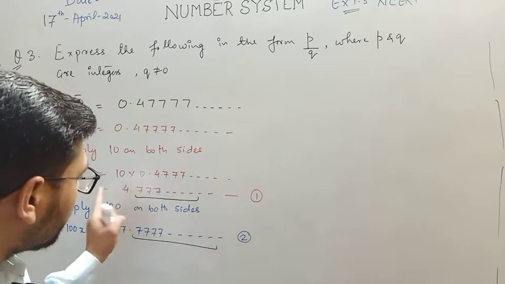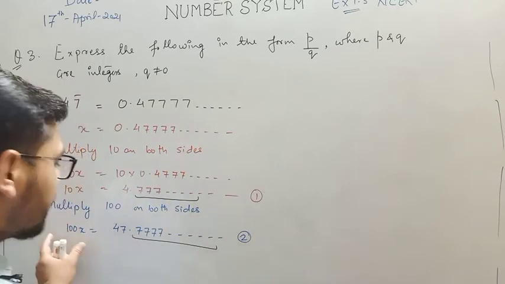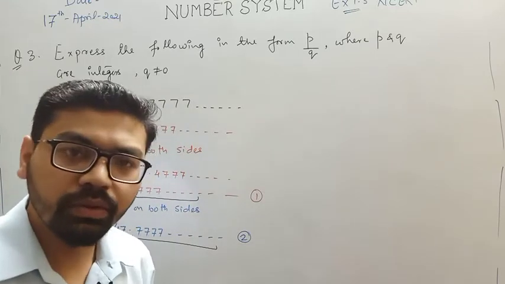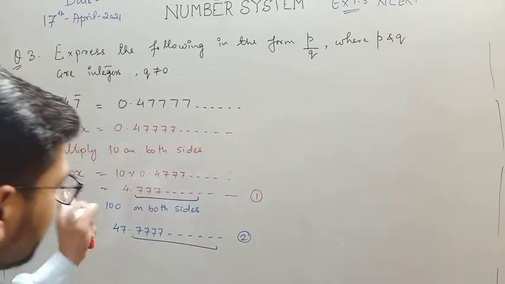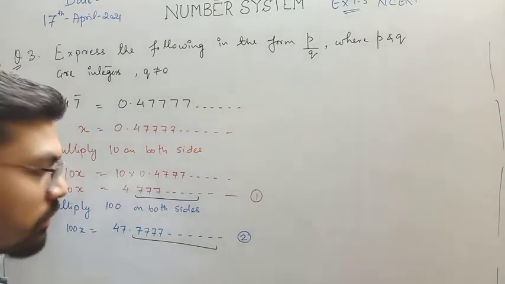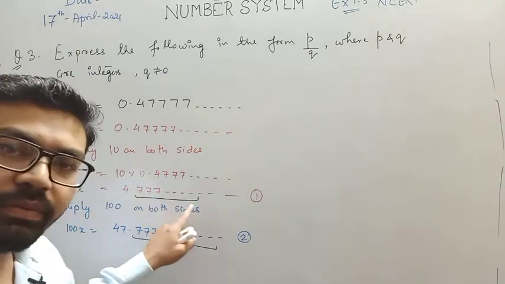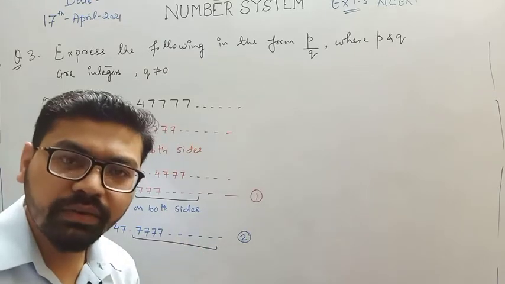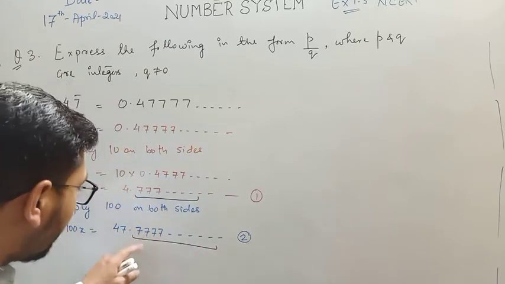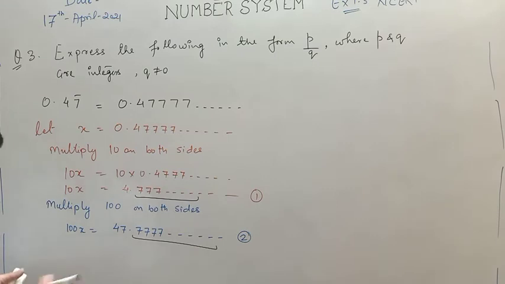क्यों मैं इसको 10 से मल्टीप्लाई कर रहे हैं, 100 से मल्टीप्लाई कर रहे हैं? इससे पहले वाले क्वेश्चन में we have just multiplied by 10 only. रीजन इज, यहाँ पे मैंने जब 10 से मल्टीप्लाई किया तो मुझे डेसिमल के बाद 7 मिल रहा है. यहाँ पे जब मैं 100 से मल्टीप्लाई करूँगा then only I will get 777 after decimal. Now the same procedure you need to follow.